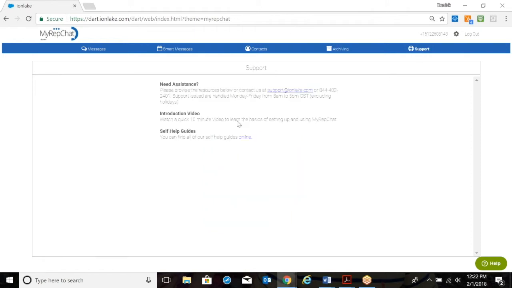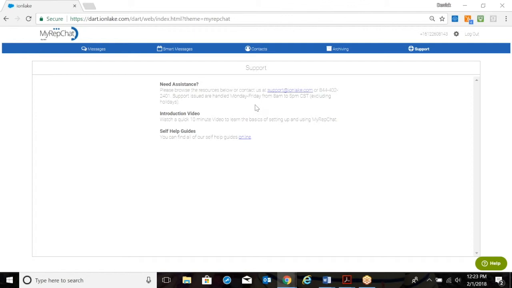Support is right here. This will be something that gets updated as well, because there's a lot of information we want to make sure you have at your fingertips, FAQs and things like that. So check back here often to see if there's anything that's relevant or helpful to you, or if you experience any issues or have any suggestions, by all means, this is where you can find the information and relay that